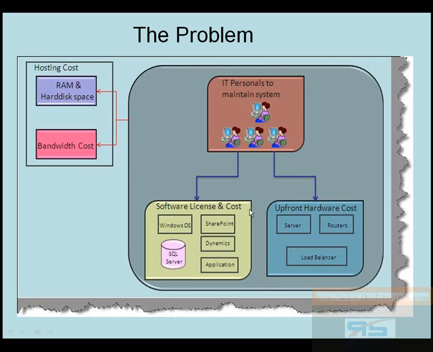So let's consider an example of a small startup online company who wants to go online and do an e-commerce business. So they want to basically sell their products online. Now in order to go online, they need to do the following things. The first thing is they need to buy upfront hardware. So in other words, they need to buy a server with some X GB amount of RAM, with hard disk, with dual processor, Xeon processor, whatever it is. They need to probably buy some routers, load balancers, not sure. So upfront they need to pay for the hardware.